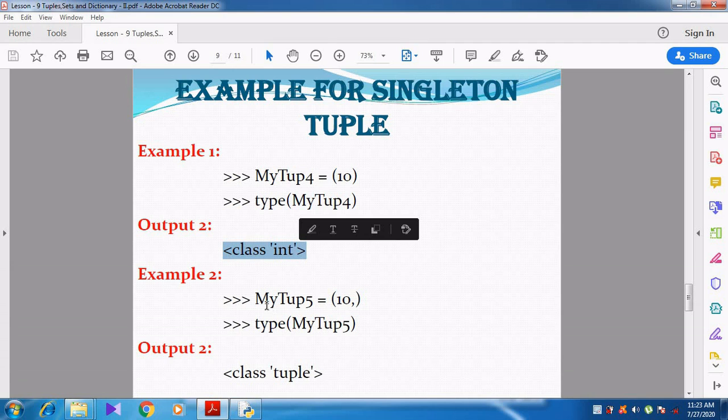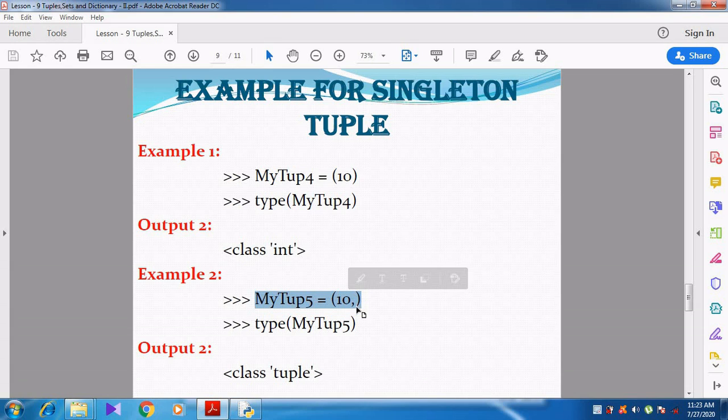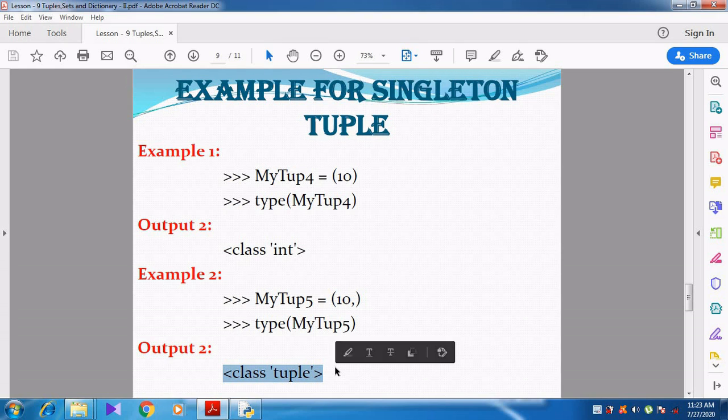But when the same element is given and the comma is given at the end of the one element, now when I use the type function and find out the data type, it shows class tuple. It belongs to the tuple data type. Can you understand, students? Right.